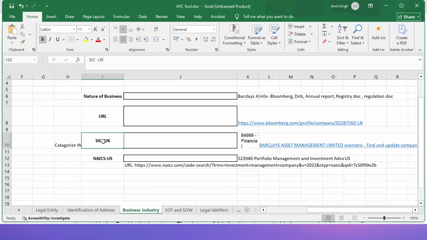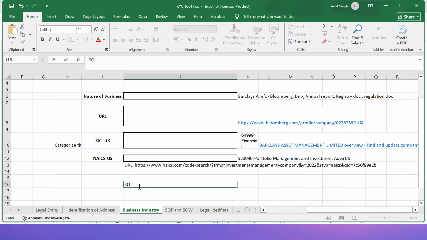We have to take a NAICS code instead of SIC. Now, what exactly are SIC and NAICS codes? Please make a note of it. What is a SIC or NAICS code? This code is nothing but